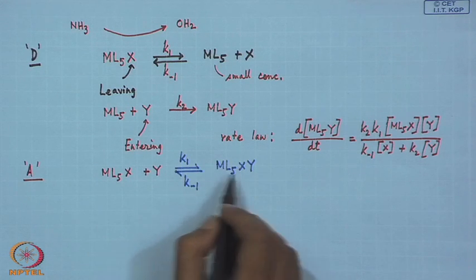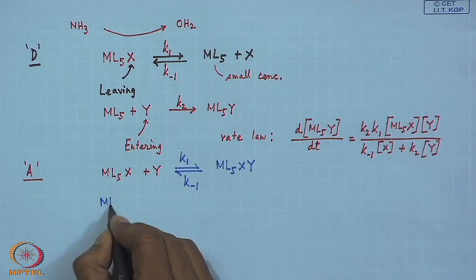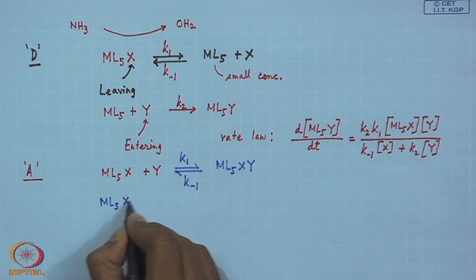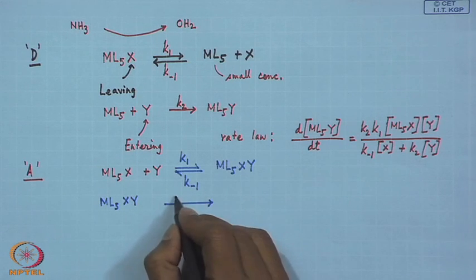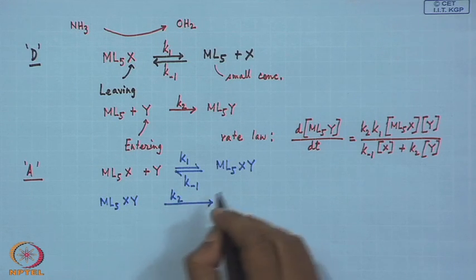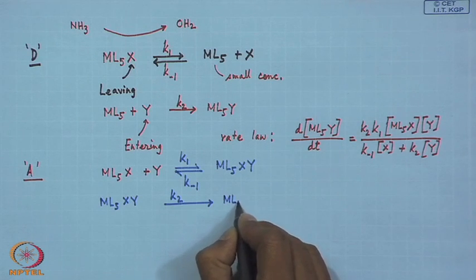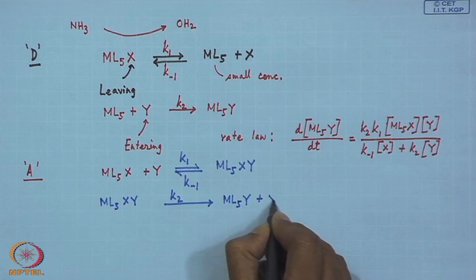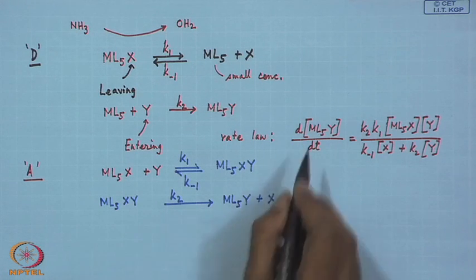Then in the second step, this particular associated form, ML5XY, is going for the elimination of the X, giving rise to ML5Y plus X,